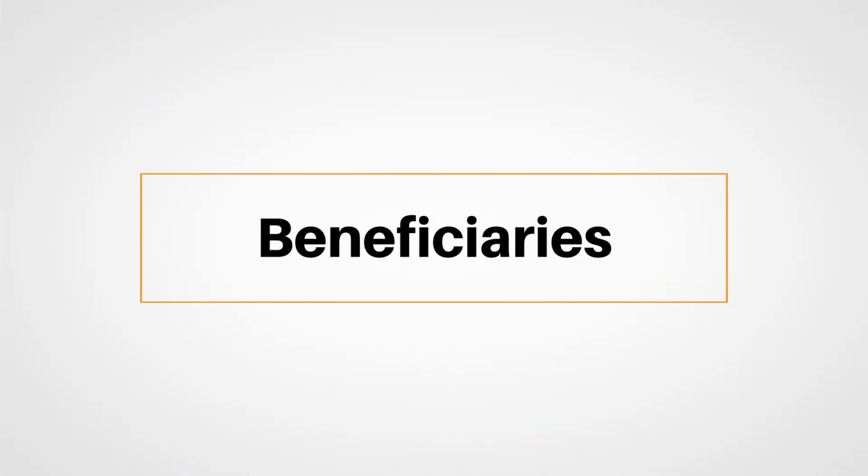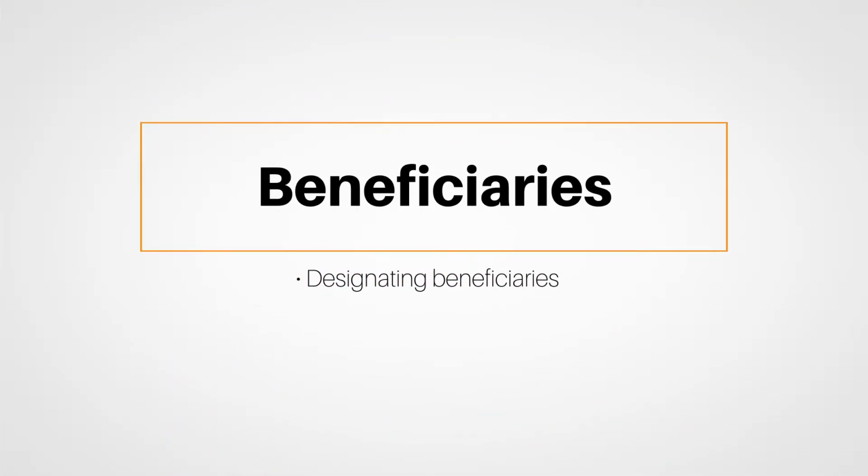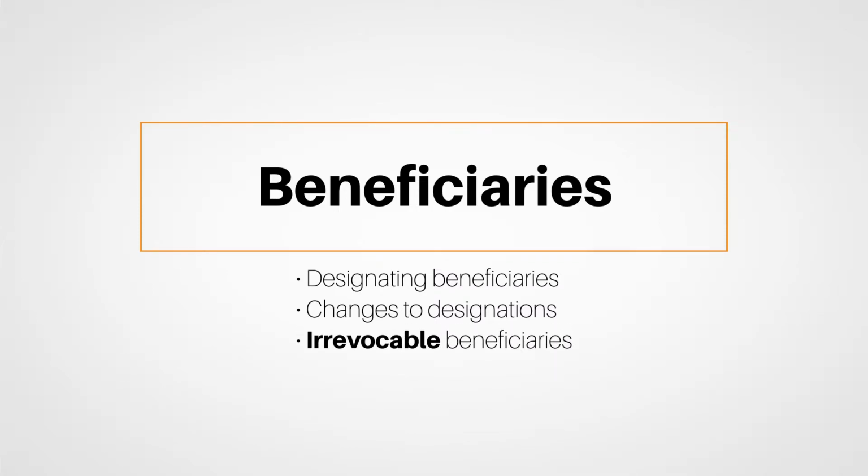We'll show you how to designate beneficiaries initially, and if changes to the designations are desired after the policy has been issued. We'll also discuss when a person is named as an irrevocable beneficiary and changes that are permitted in this case. You should always take the time to determine why the applicant is looking to buy life insurance, and they should make sure that these beneficiary designations are in line with their needs and desires.